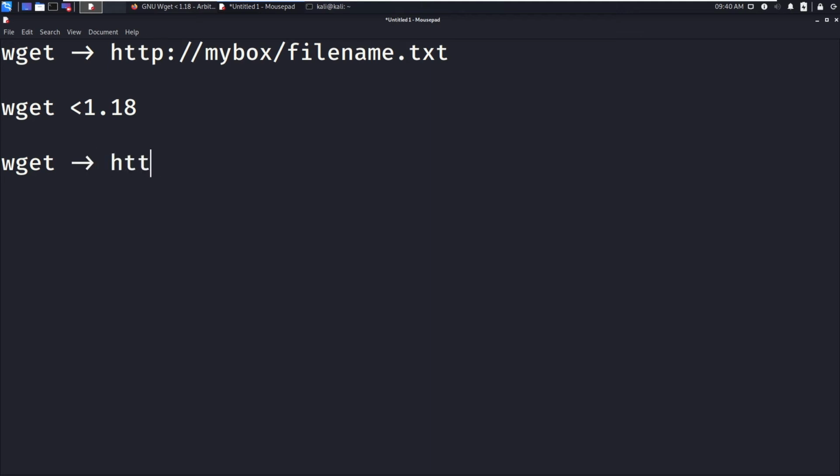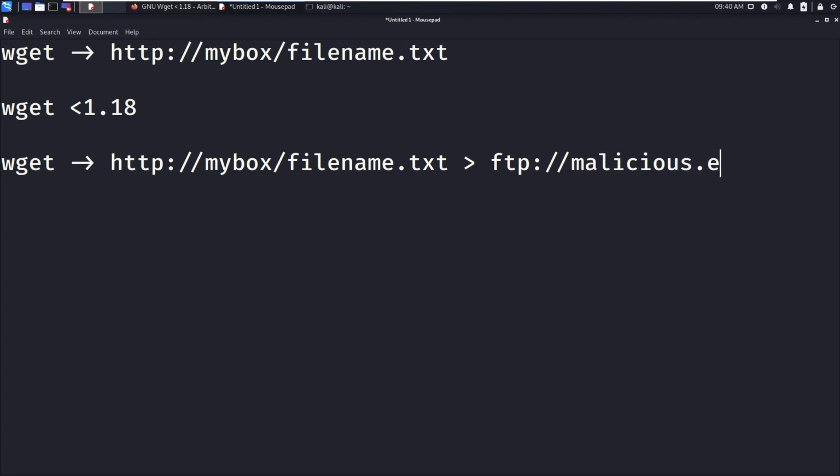So whenever I own this box, I'm going to redirect to, let's say, FTP. So actually the request is for filename.txt from this box. So this is my box, and what I will do is redirect this request to my FTP server. Here I can say malicious.exe.